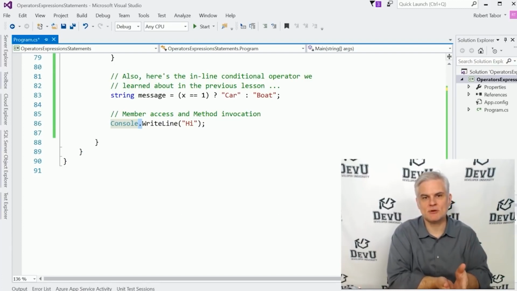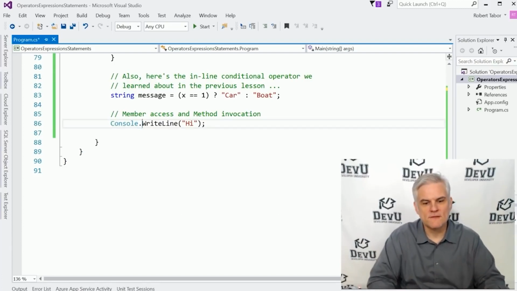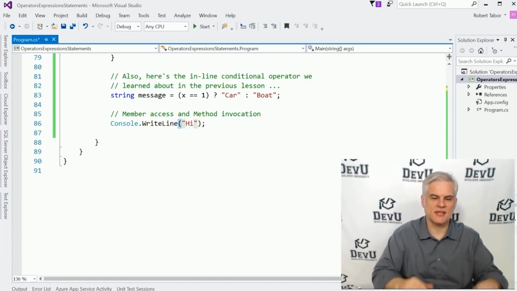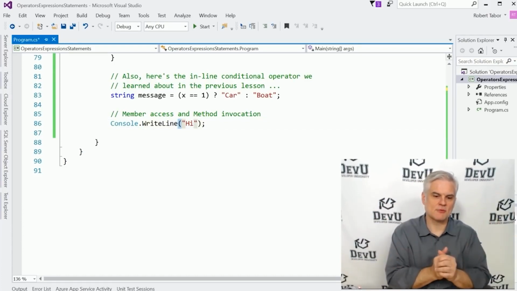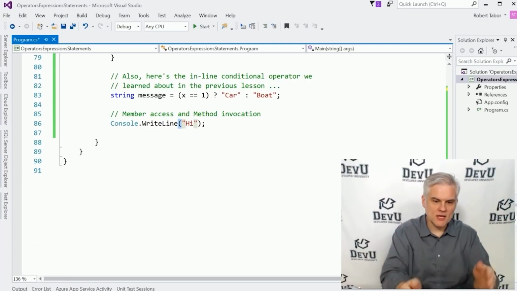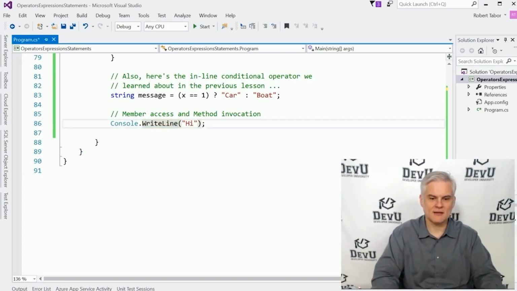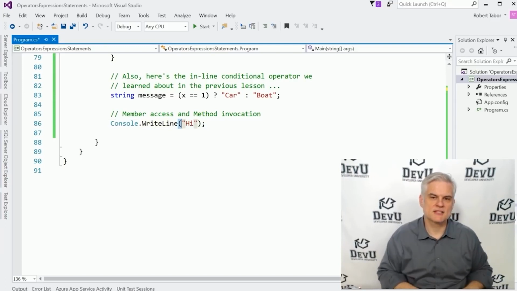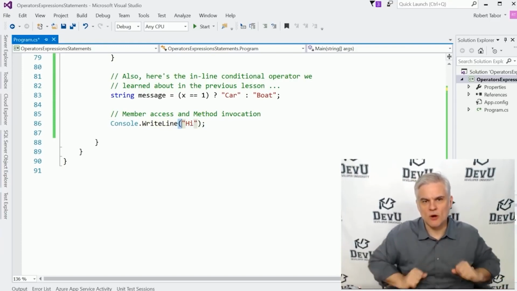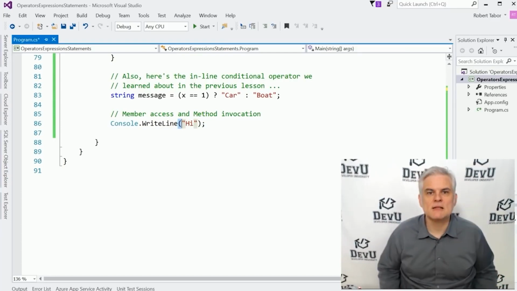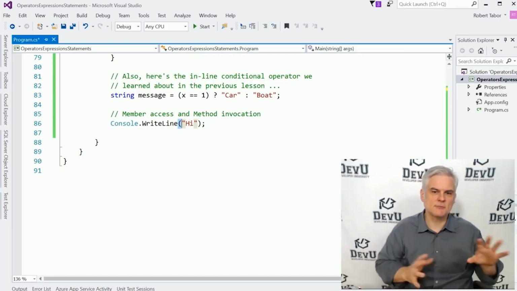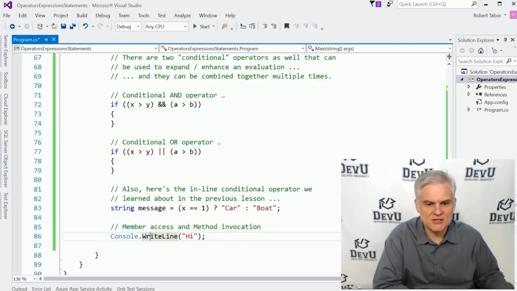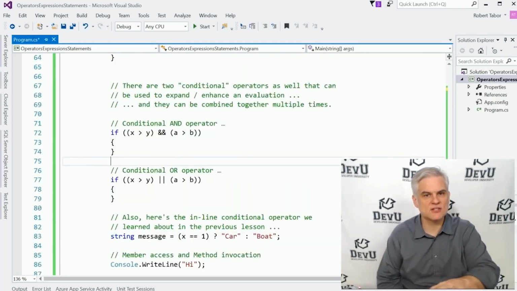That is the member accessor operator. Furthermore, we talked about the method invocation operator. Here we are invoking a method called WriteLine by using the opening and closing parentheses. And in this particular case, we're passing in an input parameter. Again, we want to hold off and talk about input parameters and methods a little bit later. But as you can see, here's a number of different operators, and these are just what I would call